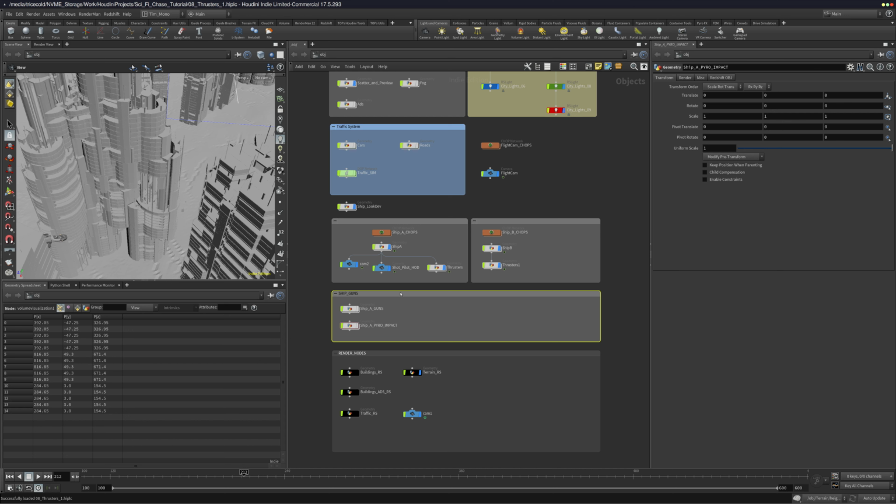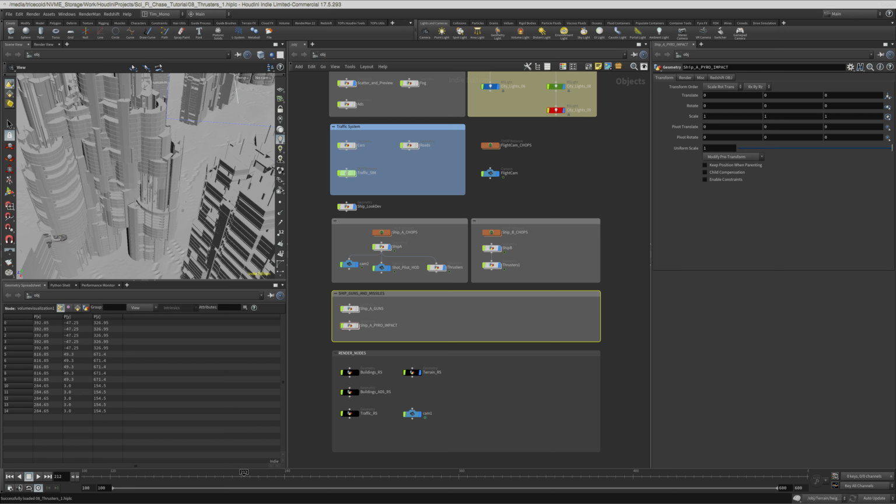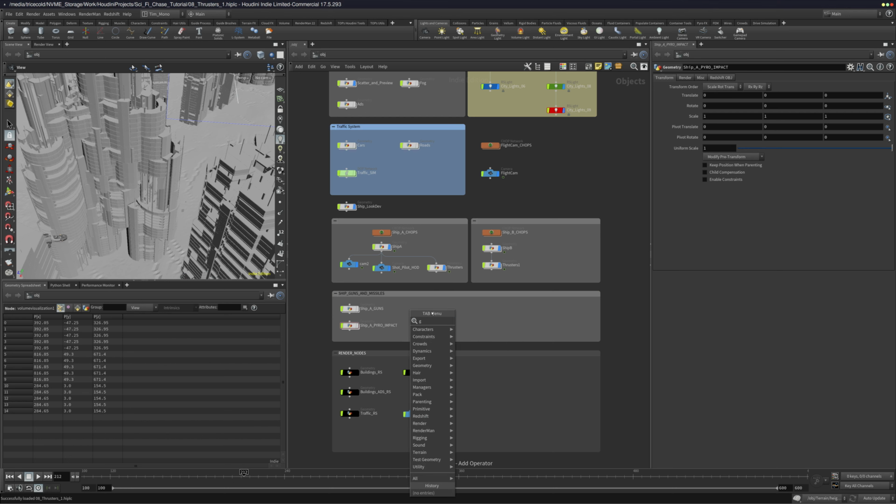machine gun or the laser bullets. I think we can create it here. Let's rename this maybe ship guns and missiles. So we will create another node here